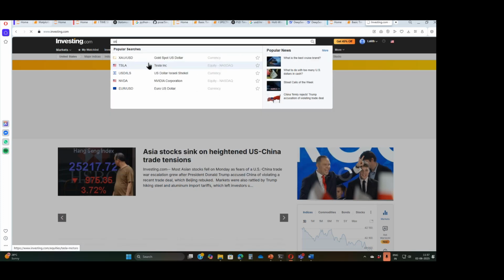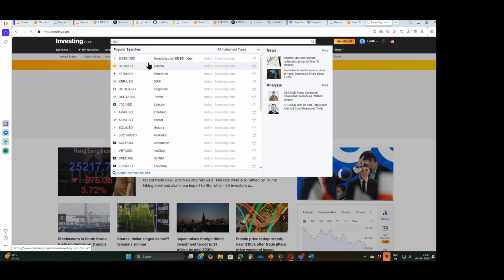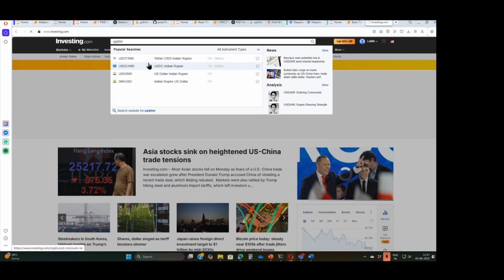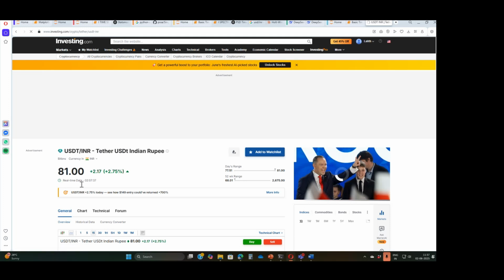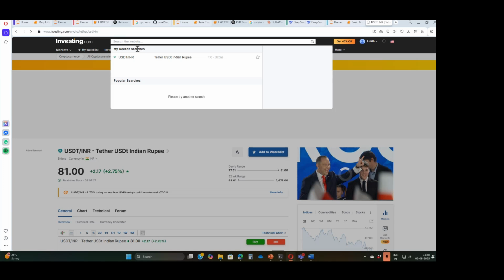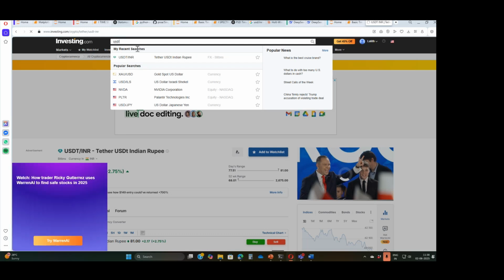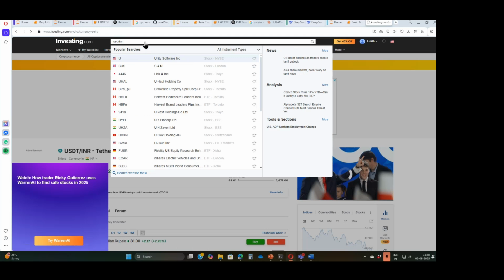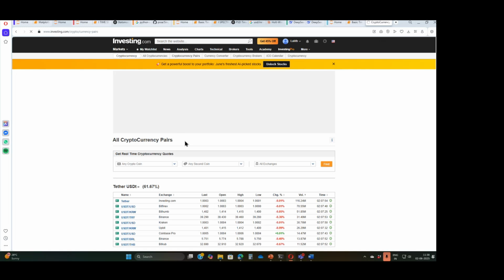You get USD INR, and you can download it.